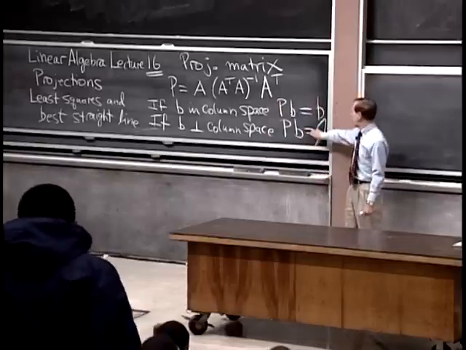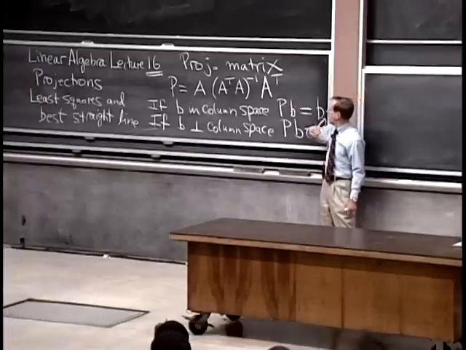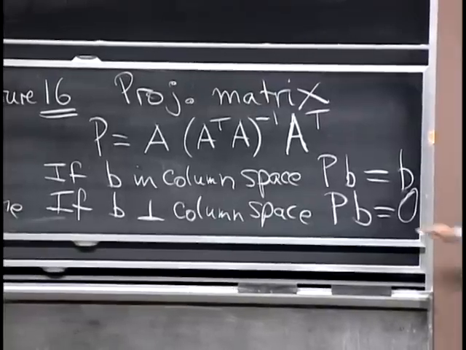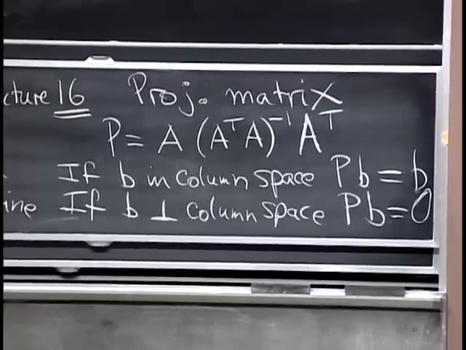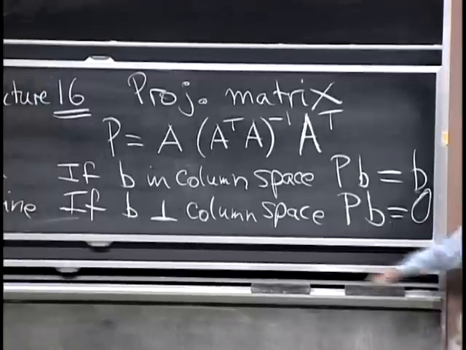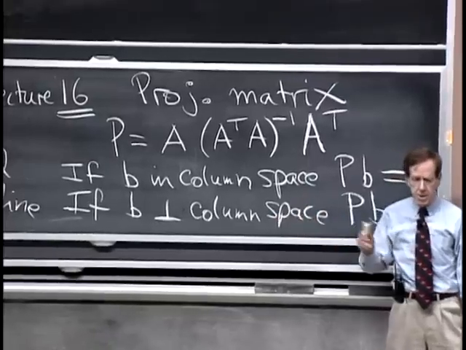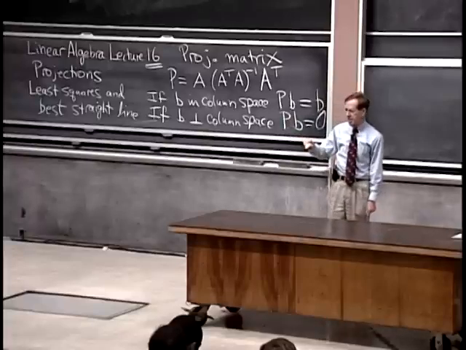Okay, can we just see why that's true? That formula ought to work. Let me start with this one. What vectors are perpendicular to the column space? How do I see that I really get 0? I have to think, what does it mean for a vector b to be perpendicular to the column space? So if it's perpendicular to all the columns,